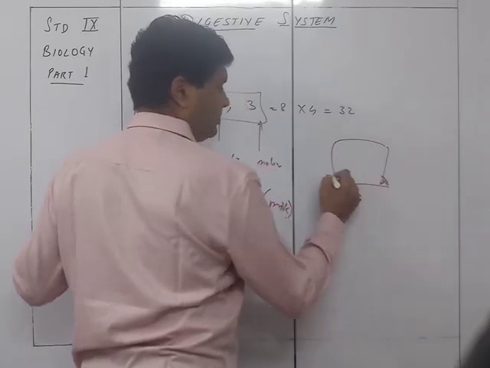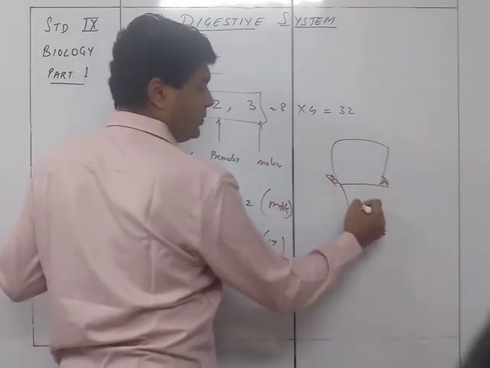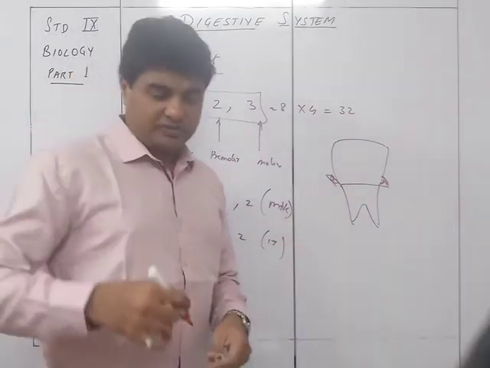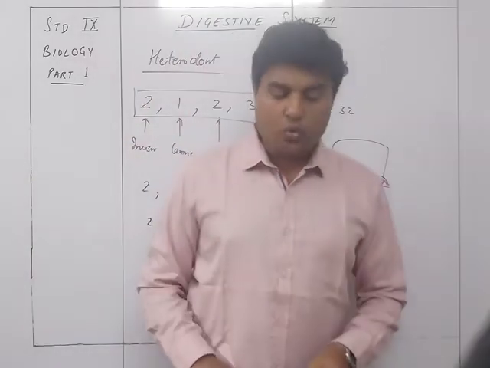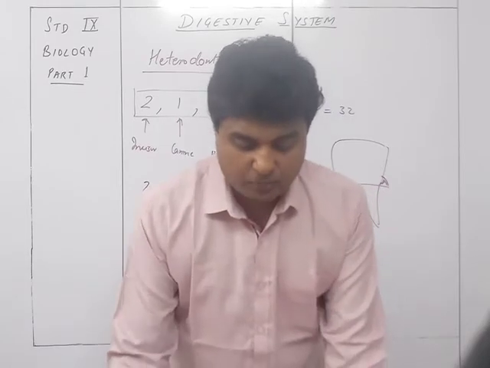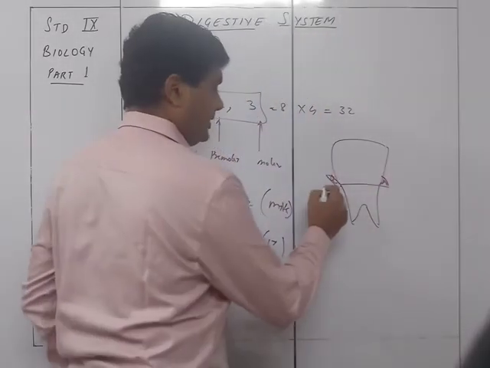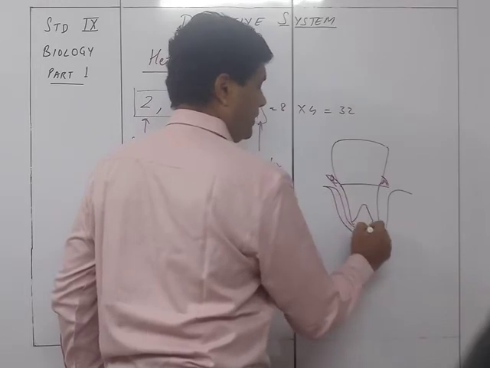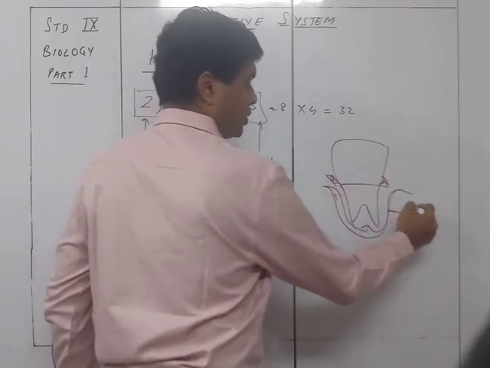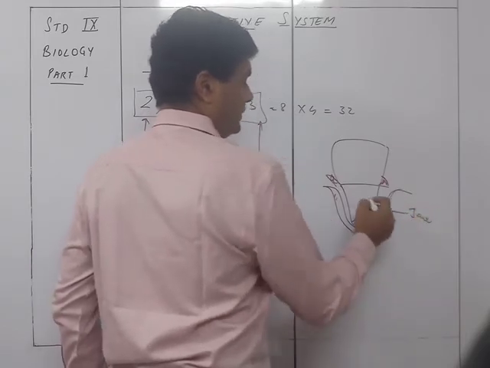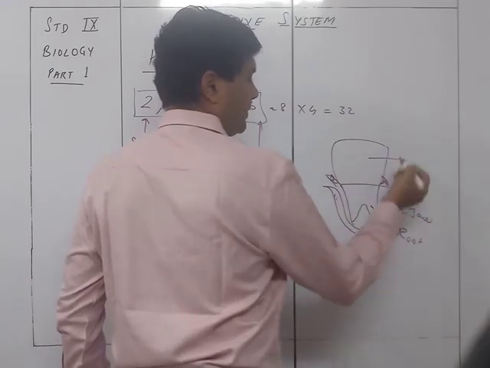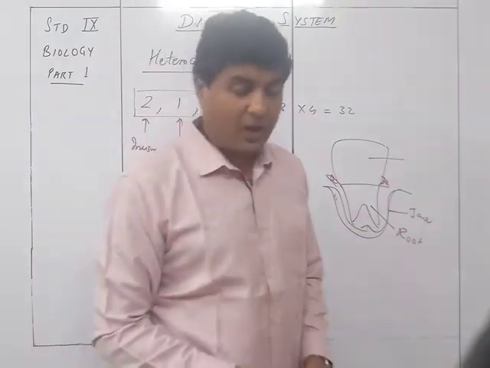So there are gums which are going to be holding this, and inside will be this kind of structure, that is the root, the embedded part in the cup-like socket of the jawbone. So this is the jawbone here, in a cup-like socket, and this is the root, and this is the upper part. So this is the tooth part, the crown.